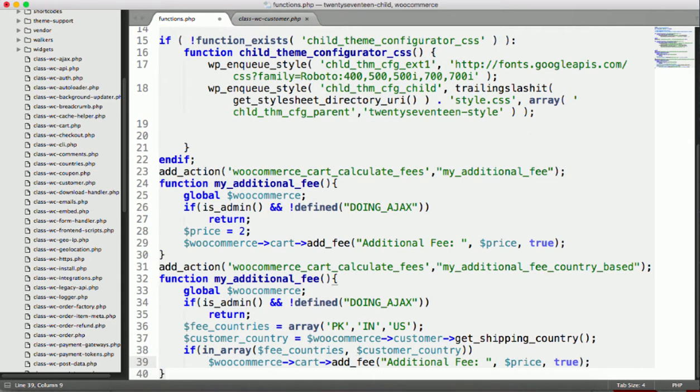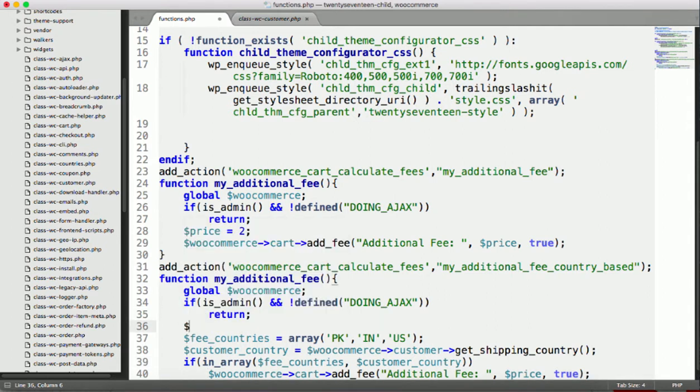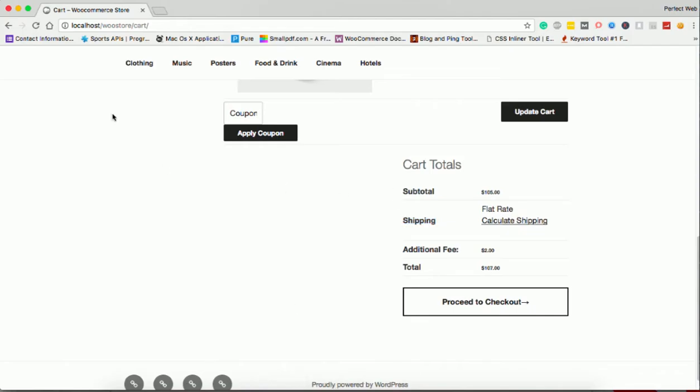So if anything is shipped to Pakistan, India, or United States, there will be an extra charge, which I have selected. So I think I have removed it. Sorry, the price is equal to $2.5. That's it. So just get back to your cart and then reload the page.